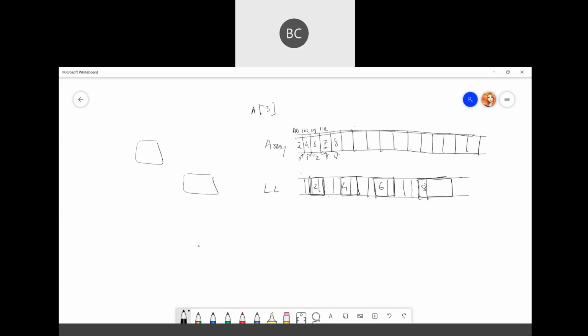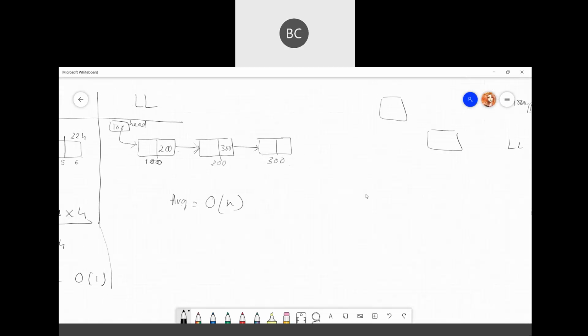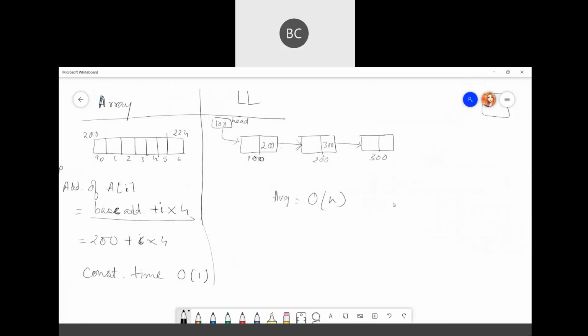But here there is no index, there is only address, and you will get one address from one particular node. So here accessing time is higher in case of a linked list. Understood?